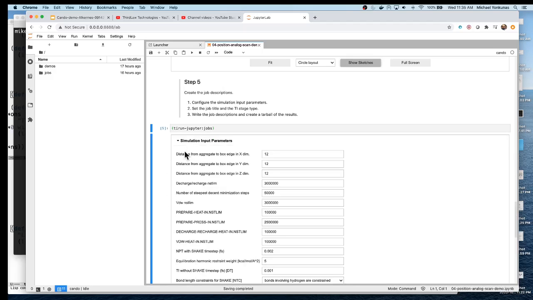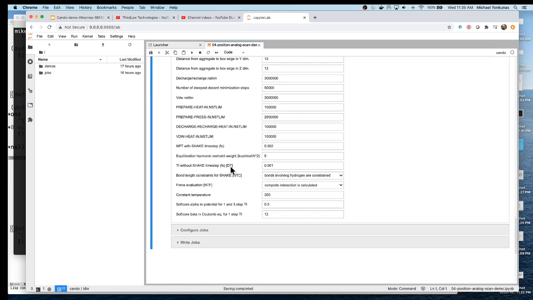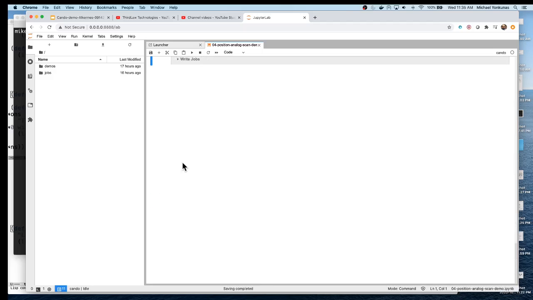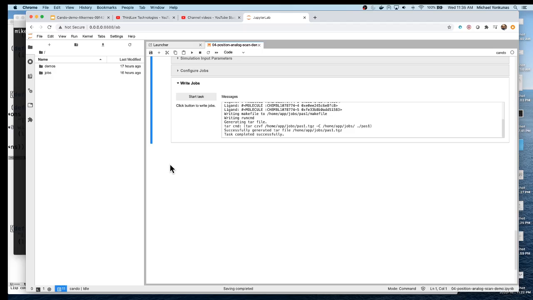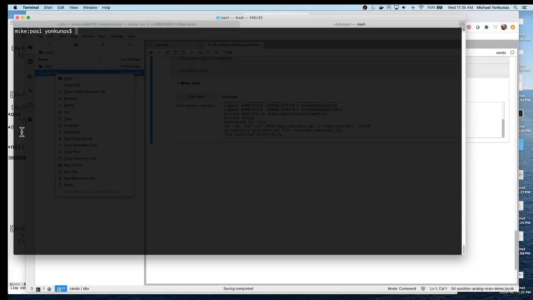I set up all my parameters for Amber, my water box, my simulation limits, I configured all the jobs, and I wrote the jobs out. The jobs can be found in the top directory of the Docker image. The directory is jobs, and I called that jobs directory pass1. Now at the same time, a tar file is created, and I can download that tar file to my local machine using download. And if I switch to my terminal,